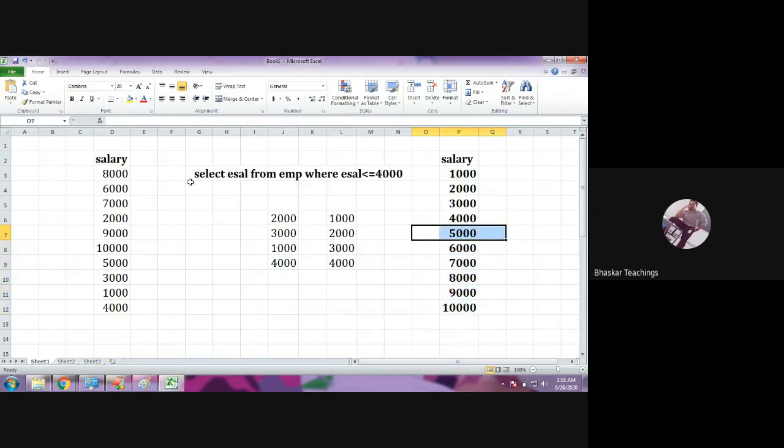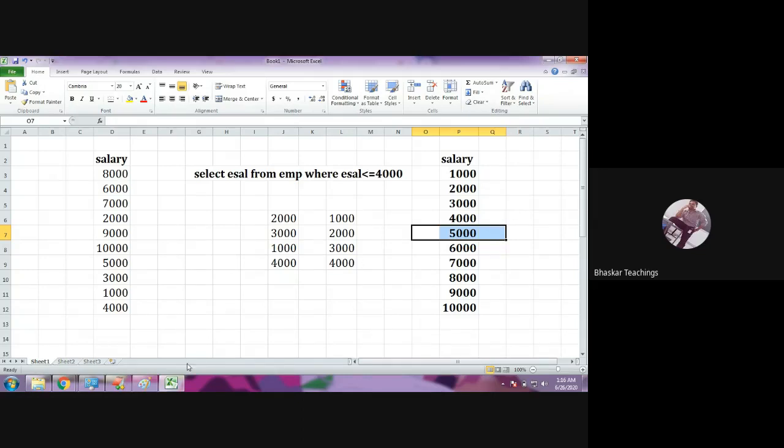Now if you compare, without an index it required 10 comparisons. Almost all records needed to be compared. But here only 5 comparisons are required. When it gets any data which is greater than that, it will stop comparing. So now you understand the importance of indexes.